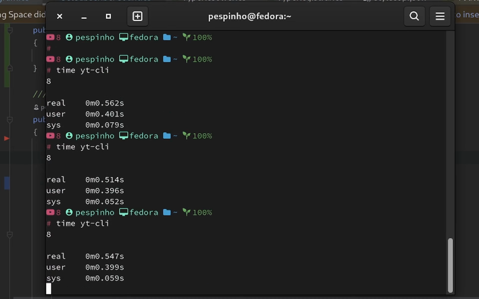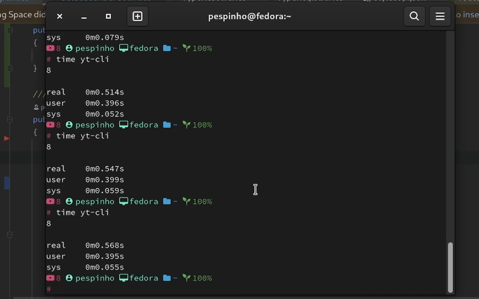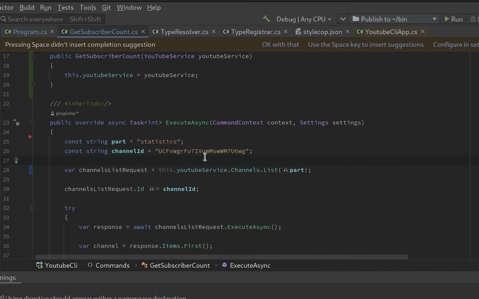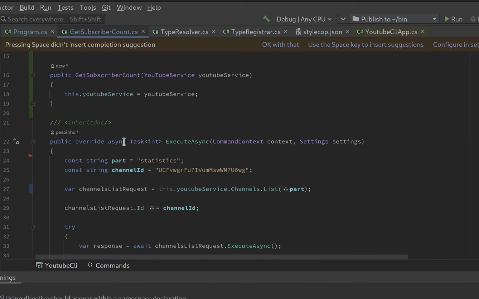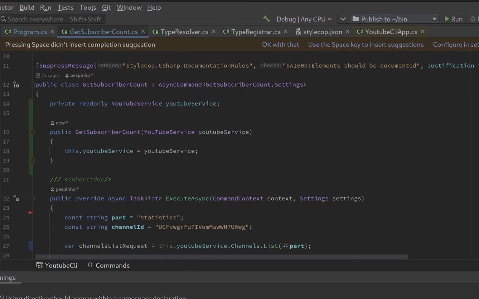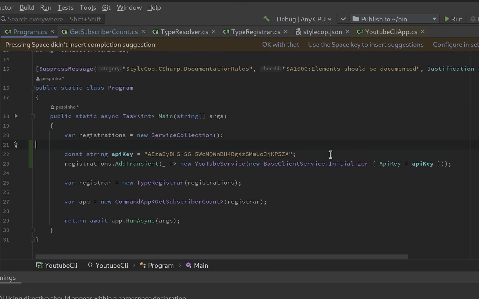So 396, 399. Yeah. So we are consistently hitting the 400 milliseconds. That's nice, and it's working. We are getting our 8 here, right? And here as well. So yeah, great. That's really, really great. I'm really happy with it for now. So one thing I noticed, we don't need this anymore. That's also nice. One thing I noticed is that here on the program side of things, I think we can